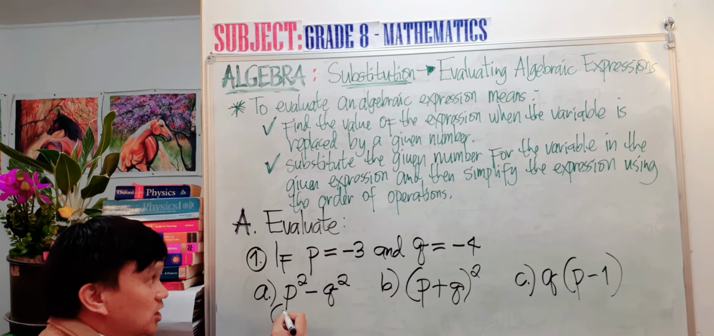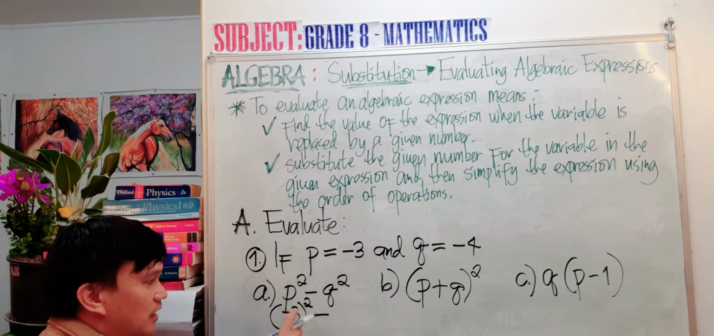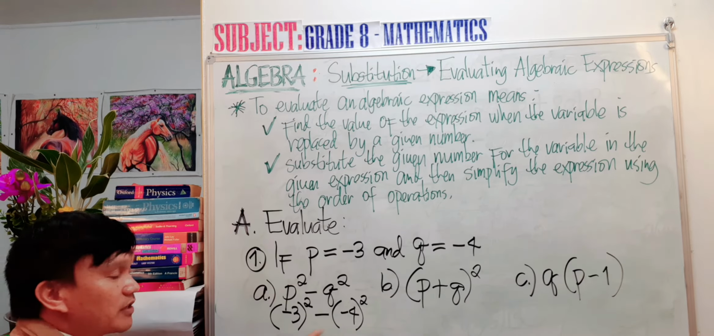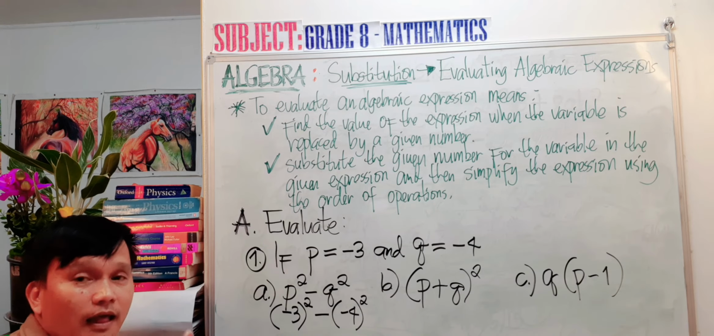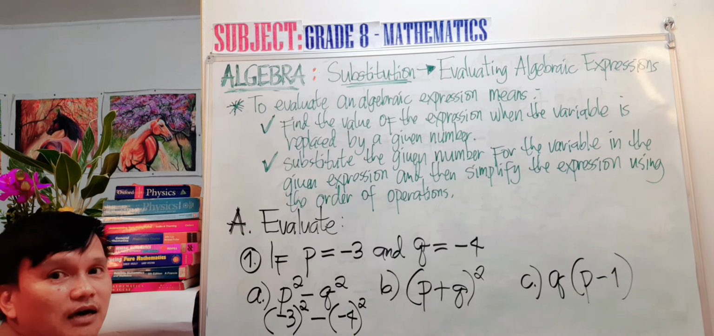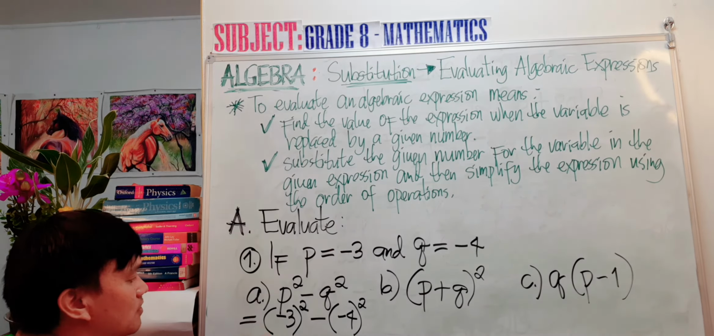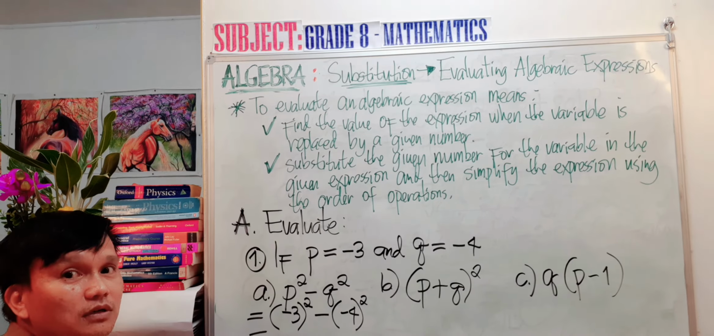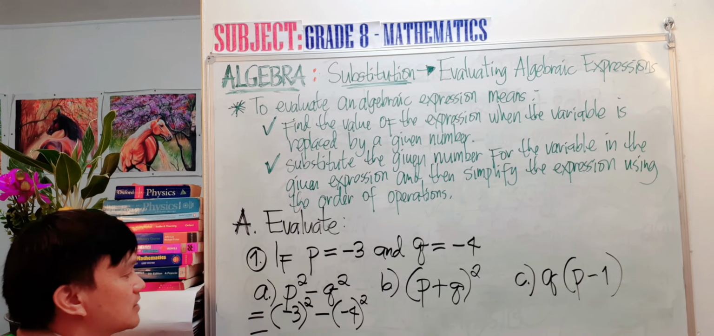So we have open bracket P is negative 3, close bracket, to the power of 2, minus open bracket Q is negative 4, close bracket, to the power of 2. It is always necessary to use the bracket symbol, especially if the given value of the variable is a negative value. All right. So what is our answer now? Our answer now is